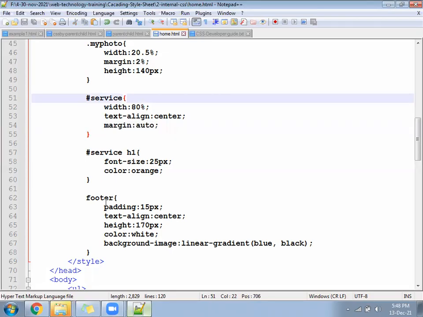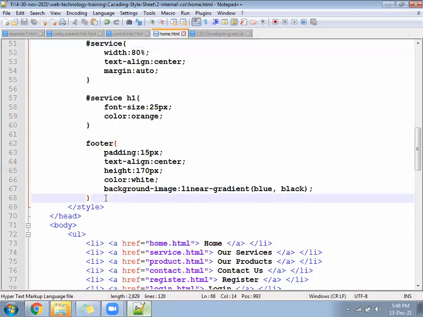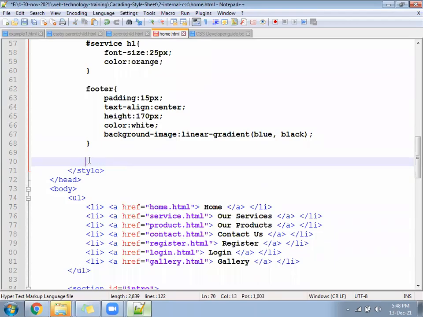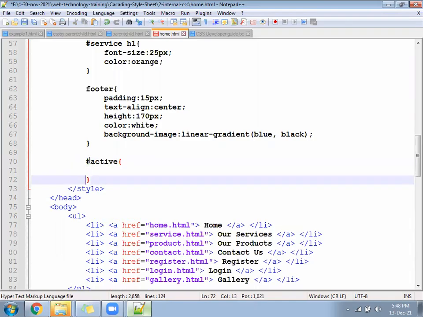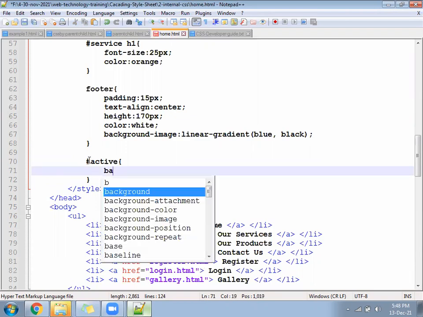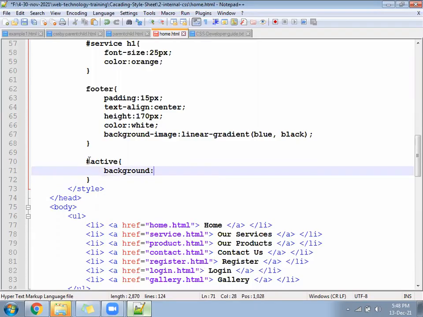Let's go to the home file. Write a CSS called active. Active: background green color.